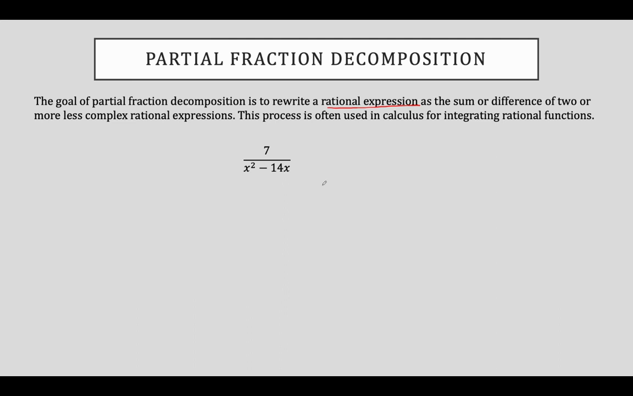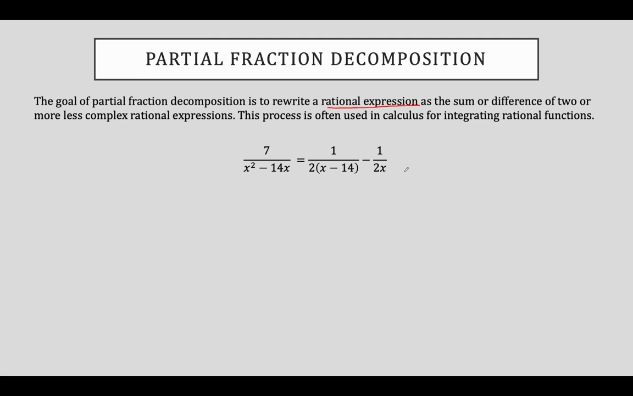And what we are doing in partial fraction decomposition is taking that rational expression and breaking it apart. This particular rational expression turns into 1 over 2 times the quantity x minus 14 minus 1 over 2x. Notice we take a rational expression and rewrite it as the sum or difference of two or more less complex rational expressions. So what we're basically trying to do here is simplify our denominators. I started off with a quadratic denominator, and notice I rewrote it as two rational expressions, each with a linear